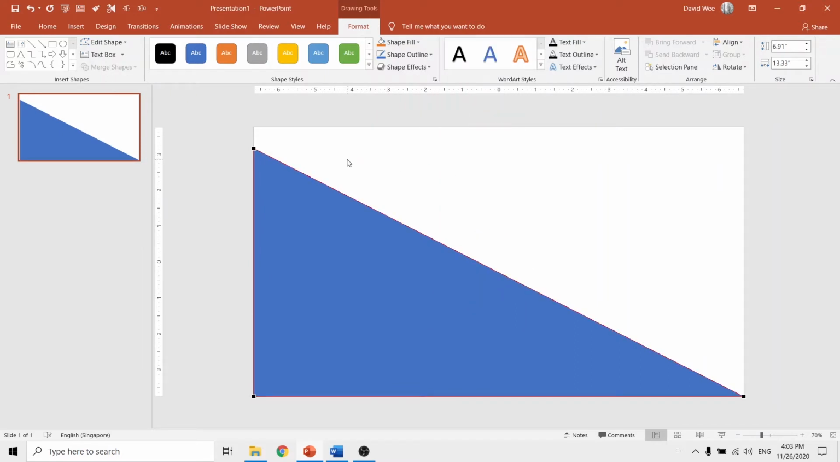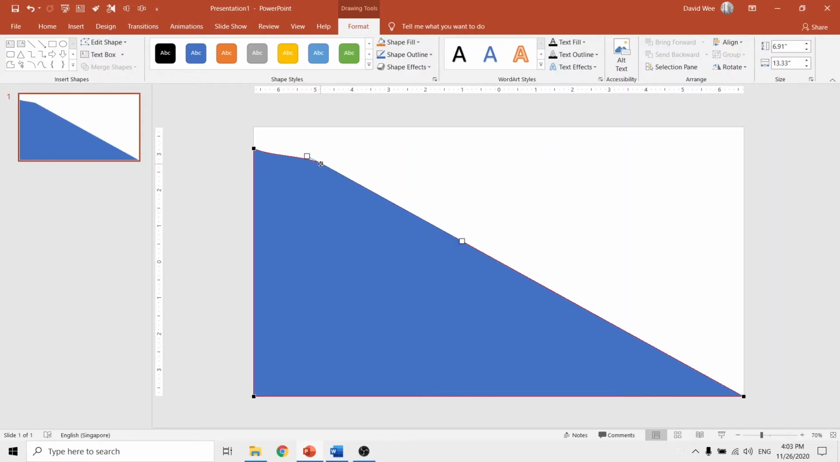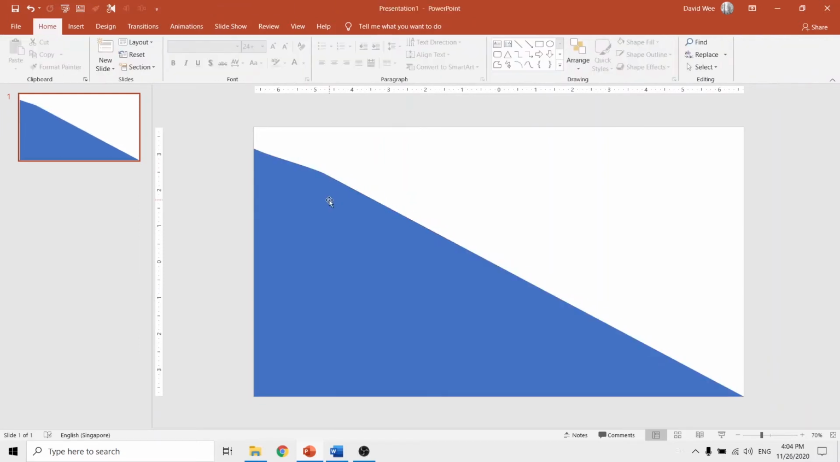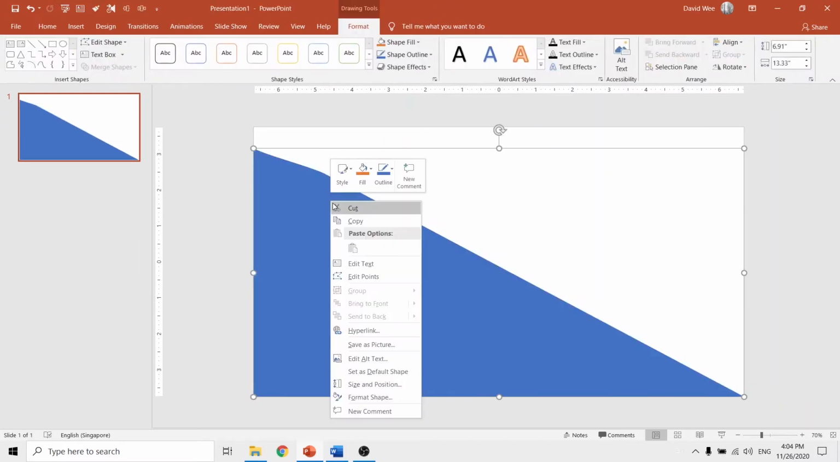So here we are going to make sort of like a hill, but we are not going to make it too steep or too flat. So first we are going to be adding one point at the top, something like this, maybe a little like here, and then